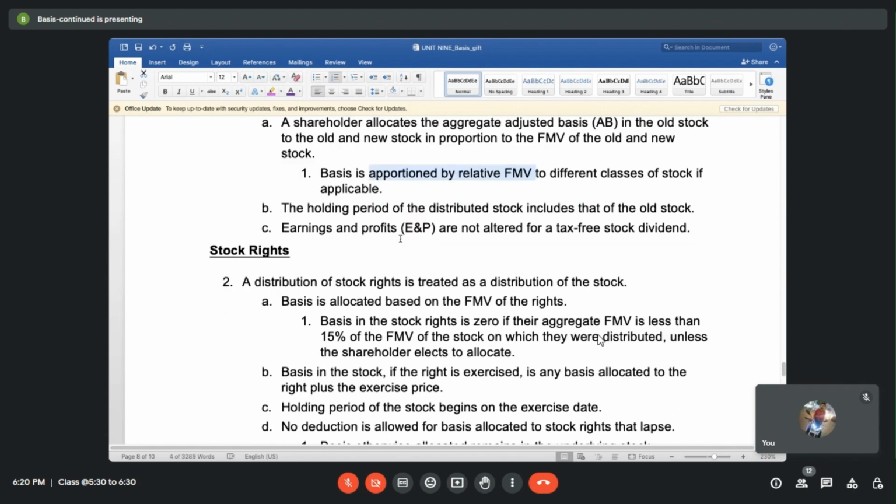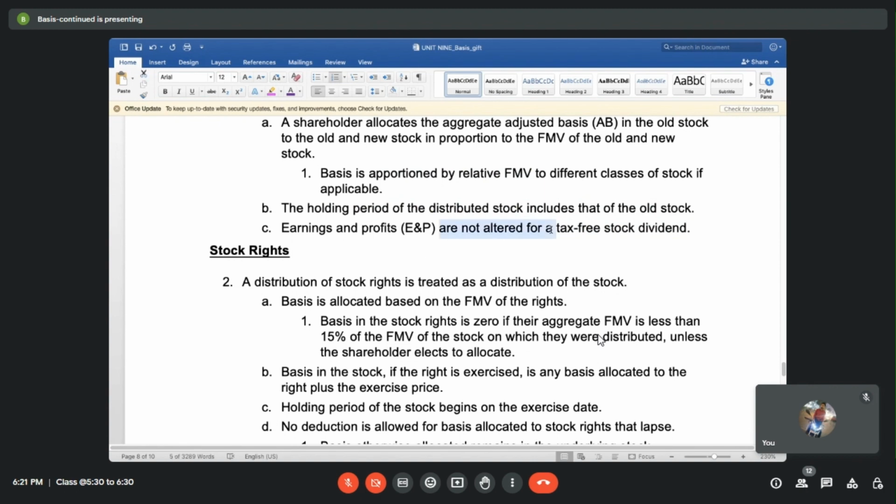The holding period of the distributed stocks includes that of the old stock. So the holding period will be considered the same as that of the old stock. And earnings and profits are not altered for a tax-free distribution, so there is no dividend. The company's earnings and profits are not altered, because it's just that earlier the company had an issued